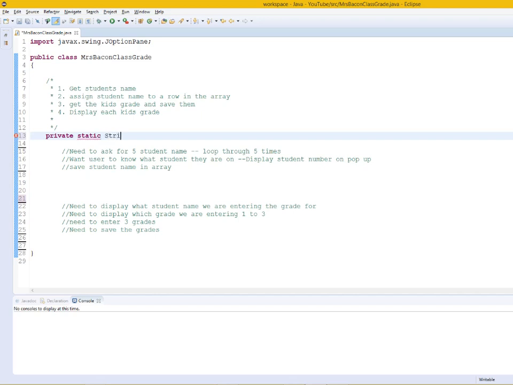And this is going to be my first array, string. Okay, this is how you declare an array, and what I'm going to do, I'm just going to declare the array. I'm not going to assign any value, so it's just going to be initialized. So static string studentName